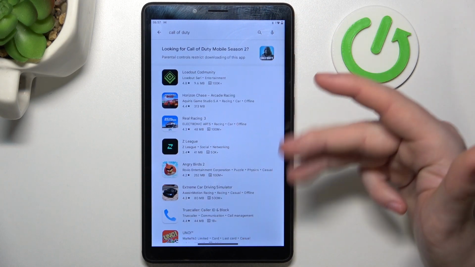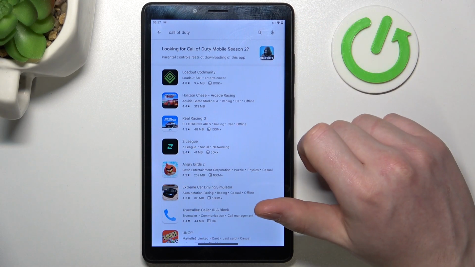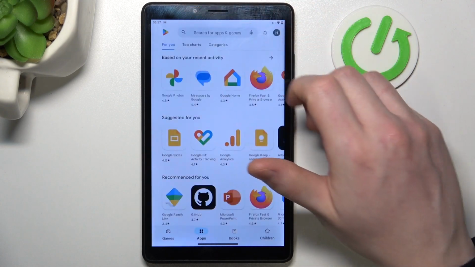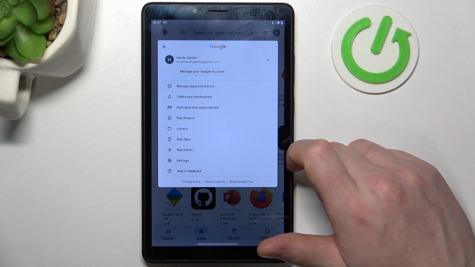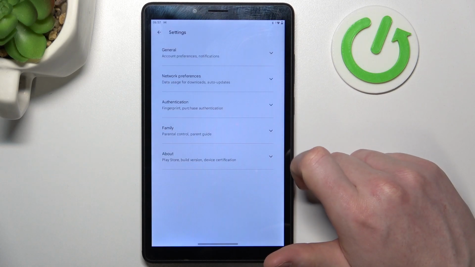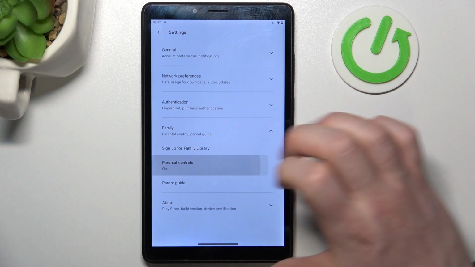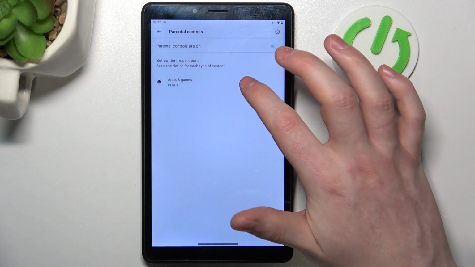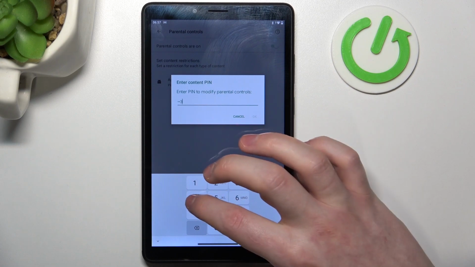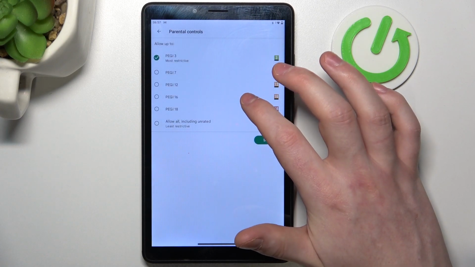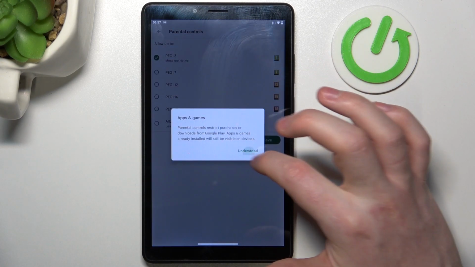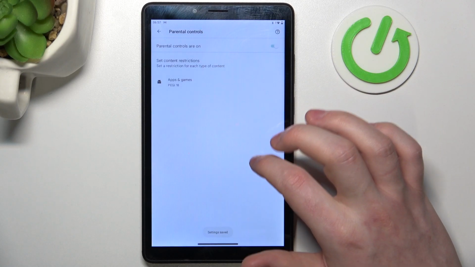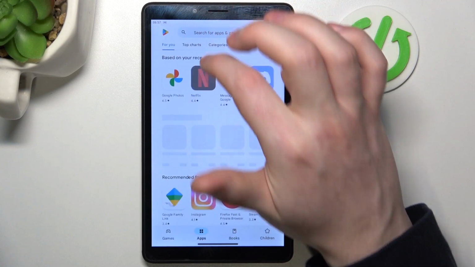But as you can see, there's no game that we can download, and to fix this, go back, click on your profile picture, head on to the settings, enter family, parental controls. Now either disable parental controls entirely or go for apps and games, enter a PIN code and increase PG to 18 or 16. Make sure to save the settings afterwards, and if you go back and look for Call of